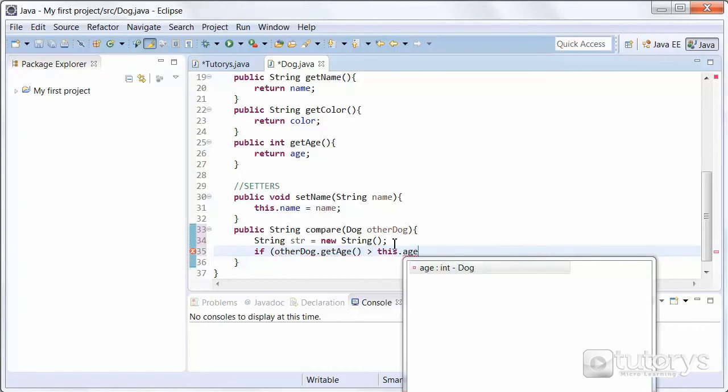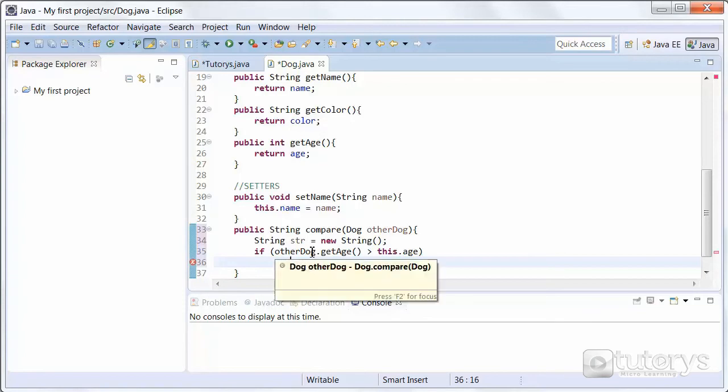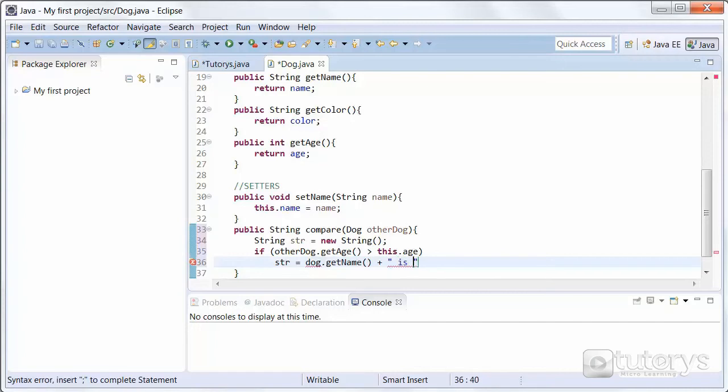Basically what this is saying is if the age of dog 1 is superior to the age of dog 2, then the string str is going to take on this.name plus " is older than "